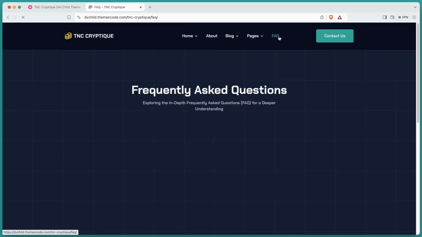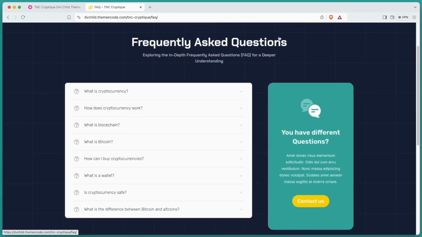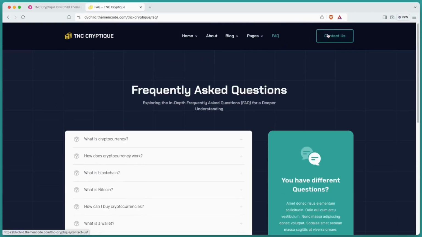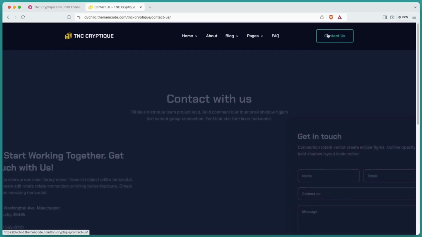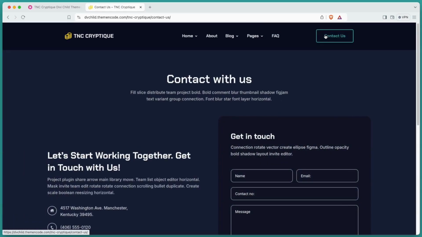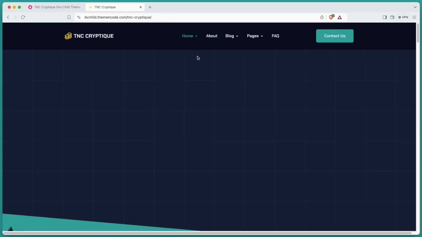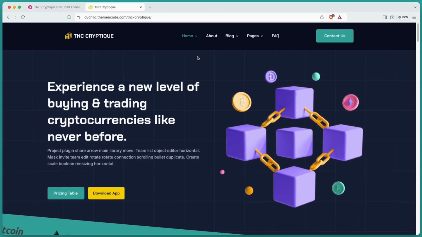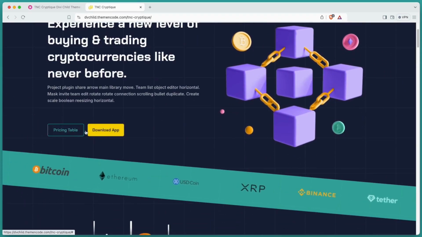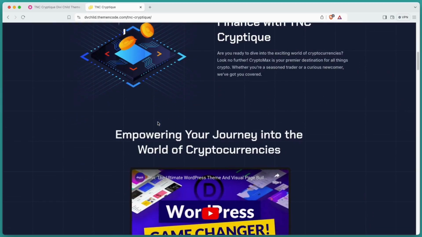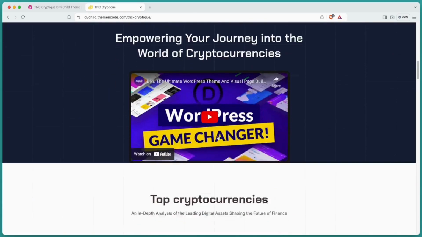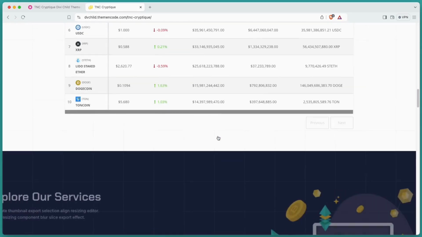With TNC Cryptique, your website will display and function perfectly on all devices. Built on the Divi framework, TNC Cryptique offers easy customization, ensuring your website fits your unique vision of cryptocurrency. Choose your style. Whether you prefer a single-page scrolling experience or a multi-page format, TNC Cryptique offers versatility to showcase